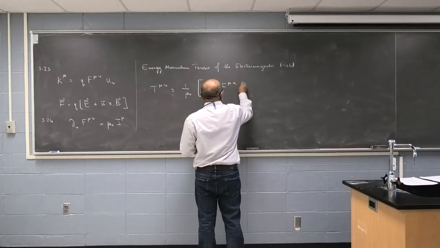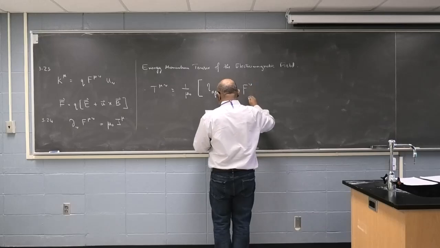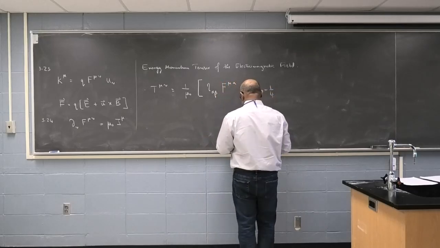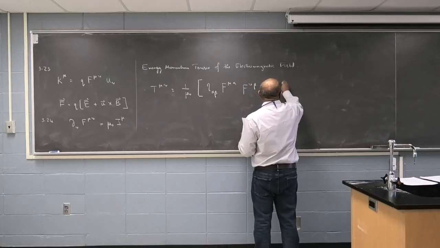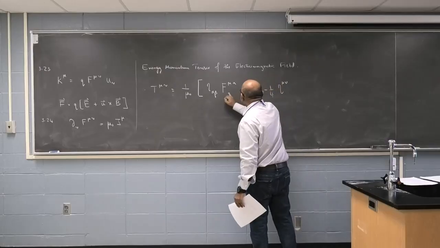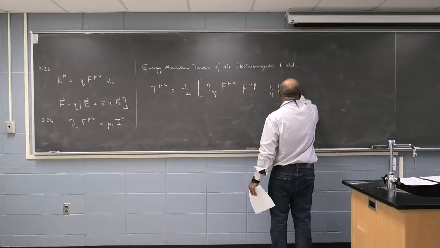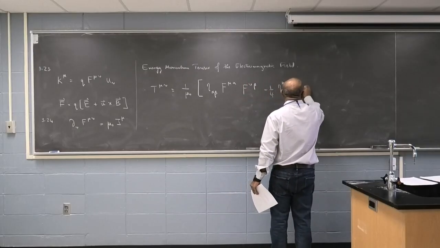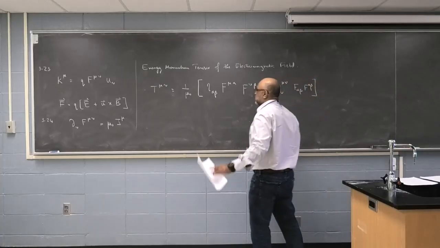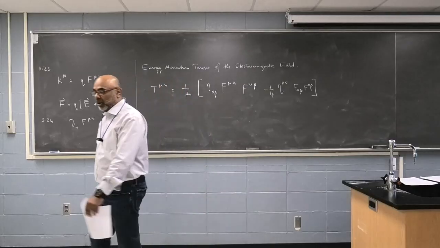F mu alpha, F nu beta. This 1/4 looks odd. Lambda mu nu. We're done with indices, but it has to have two fields. So F alpha beta, F alpha beta. That's what it is. At the moment,